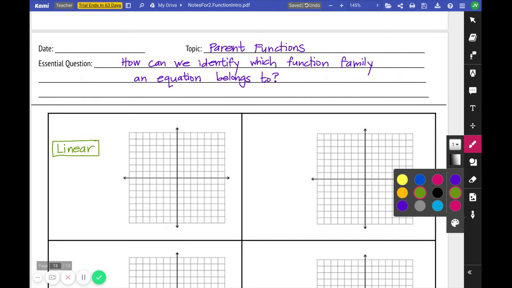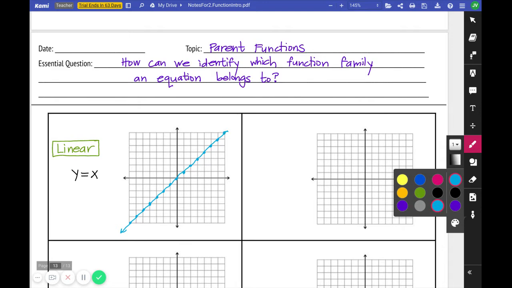Linear. And a linear function is y equals x. It has lots of important ordered pairs: (0, 0), (1, 1), (2, 2), (3, 3), (4, 4), (5, 5), (6, 6), (7, 7), (-1, -1), (-2, -2), (-3, -3), (-4, -4), (-5, -5), (-6, -6), (-7, -7). That line is the parent function